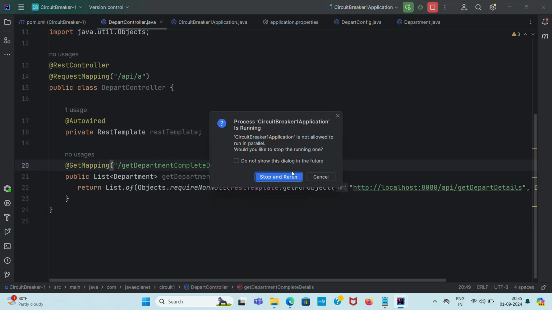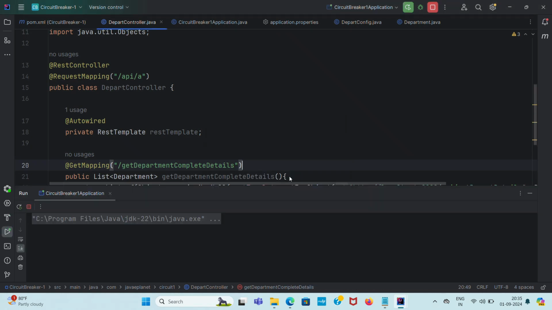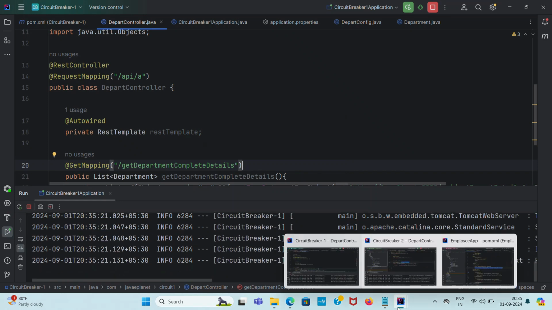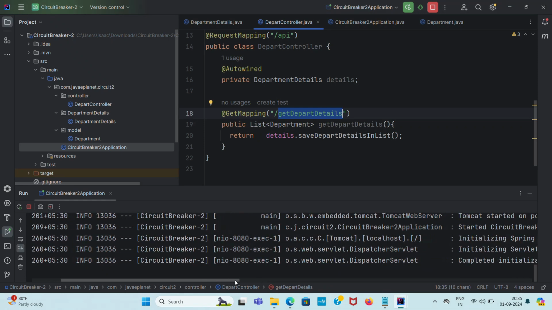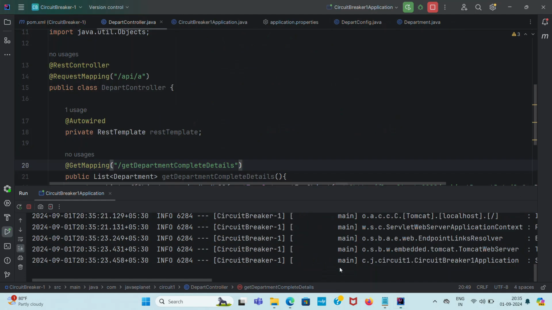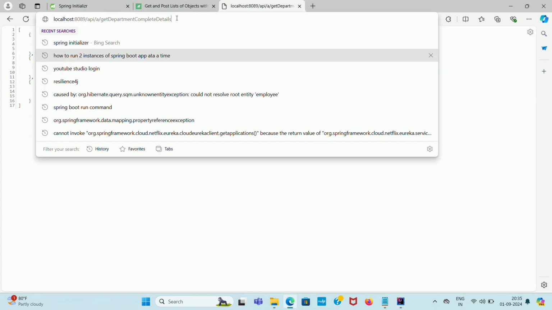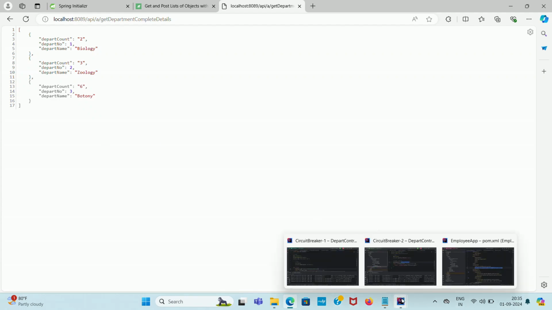We run it. Rerun the circuit breaker 2 as well. I have already started the circuit breaker 2. Okay, circuit breaker 1, this has started. I have already entered the details here. Hit it. See here, we got the details. Let's say for example